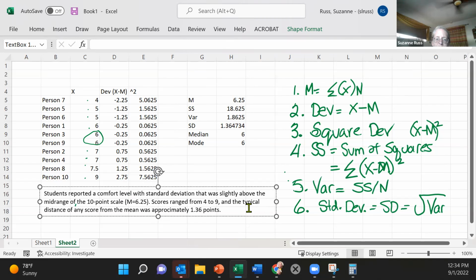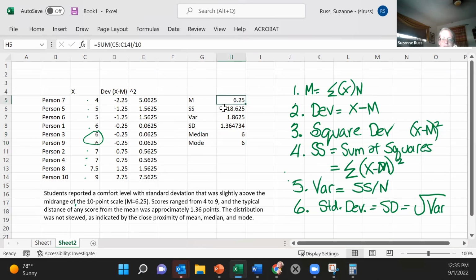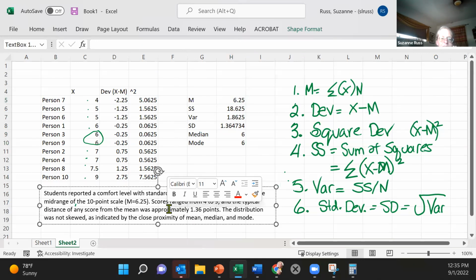And I think I can say one more thing. I can say the distribution was not skewed as indicated by the close proximity of mean, median, and mode. So they're all pretty close, right? We had mean, median, mode pretty close. So I think we could say that. So that's how